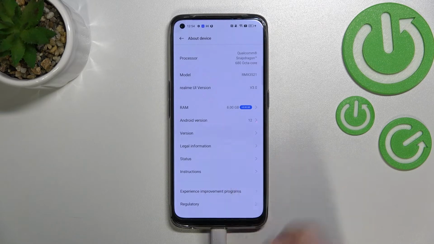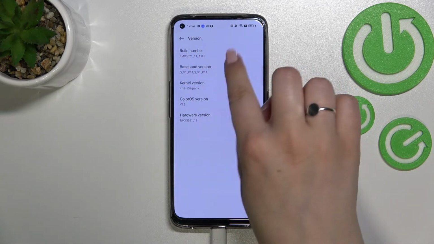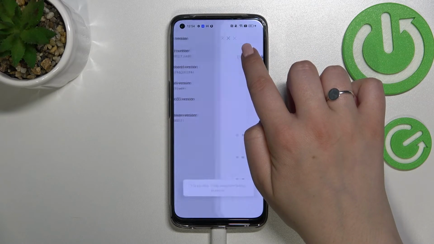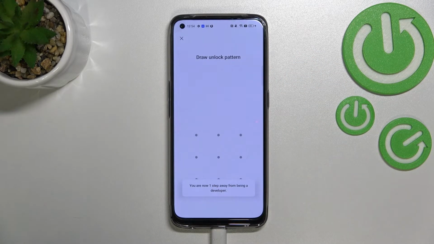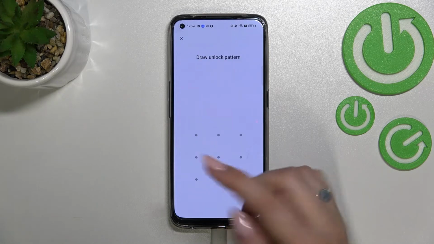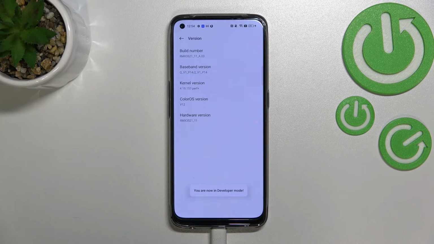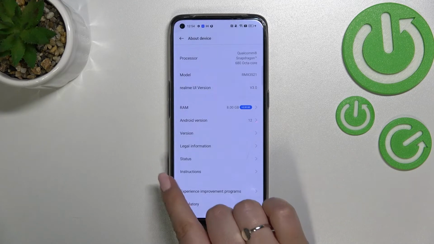In the About device let's enter the version and let's check this build number. All we have to do here is to simply keep tapping on it until we will see that we are in the developer mode. If you've got a pattern, PIN or password, so any kind of screen lock currently set, you will have to enter it in order to confirm your whole step. And as you can see right now we are in the developer mode,